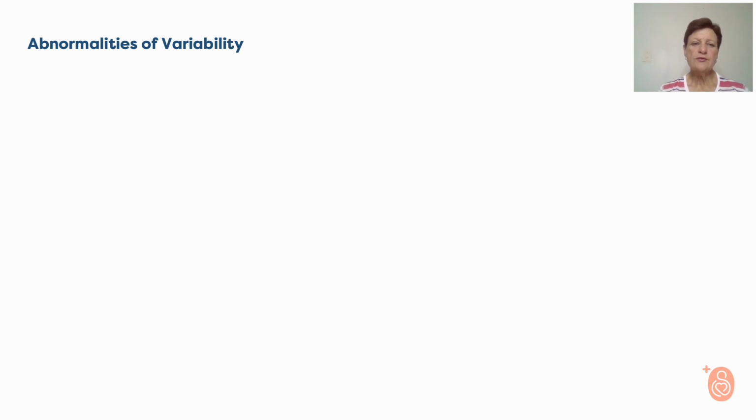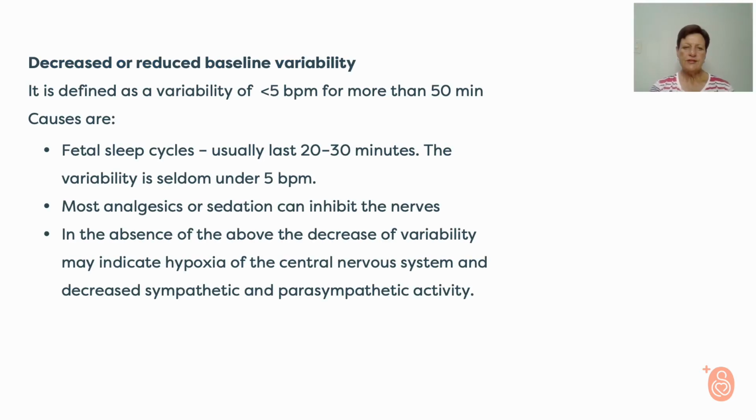Then when we look at the abnormalities of variability, there are basically three groups of abnormalities of variability, namely decreased variability, increased variability, and sinusoidal patterns. Our first abnormality of variability is decreased or reduced baseline variability. We've said that normal variability is between 5 and 25 beats per minute. So a reduced variability will be a variability of less than 5 beats per minute for